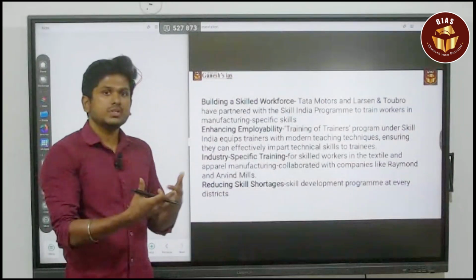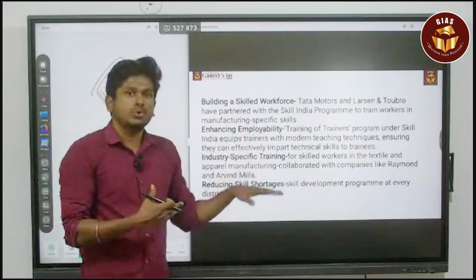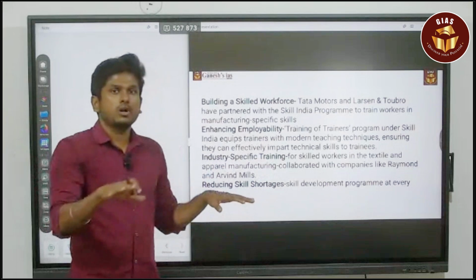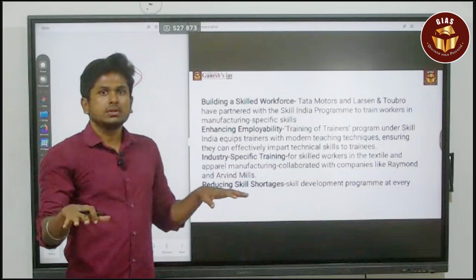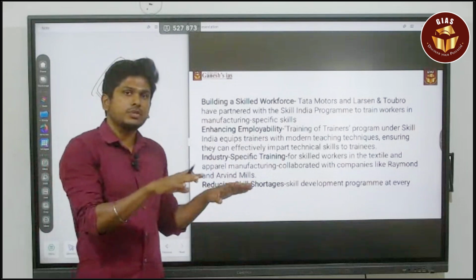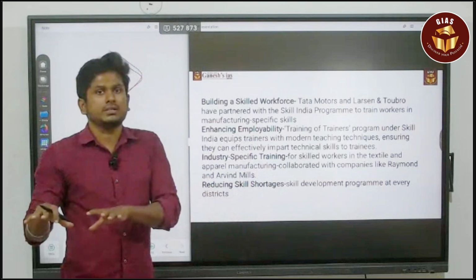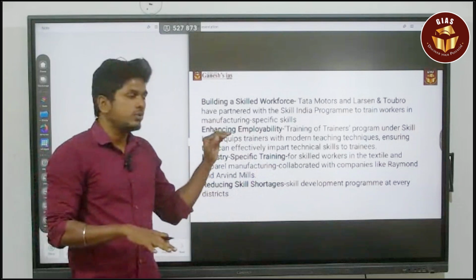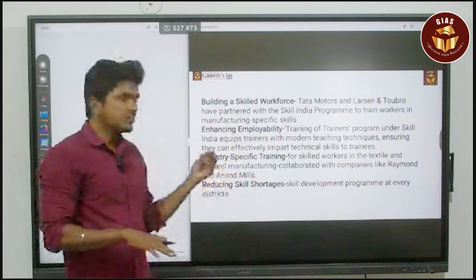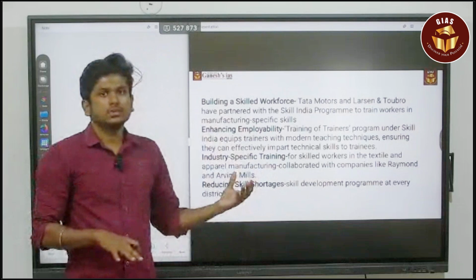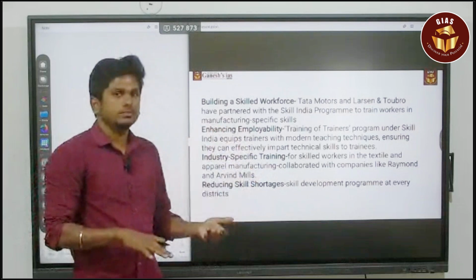So it is a win-win situation. You can easily overcome the issue of fossil fuels and environmental pollution, and also you are providing employment opportunities for the people, and also you are bringing an attitude change in the people by shifting them from using fossil fuels towards solar energy, renewable energy. So all these things are going to make a huge change in India. So that is what the Skill India program is doing. So by the way, it is making the Make in India program a success.